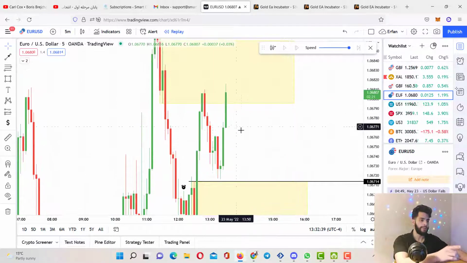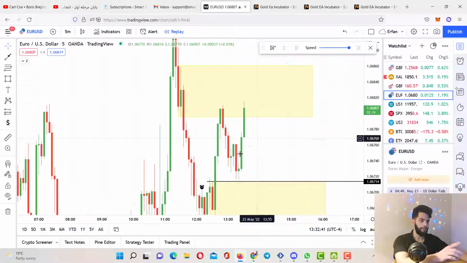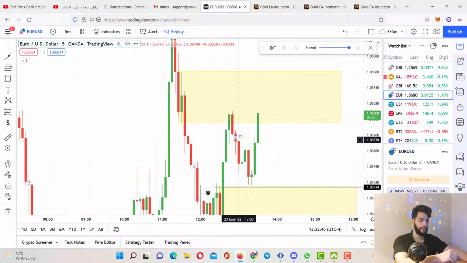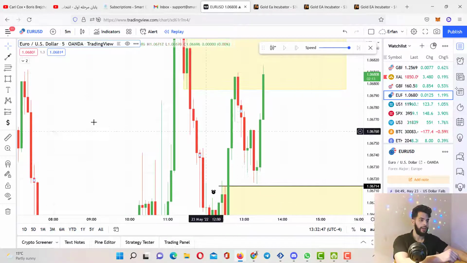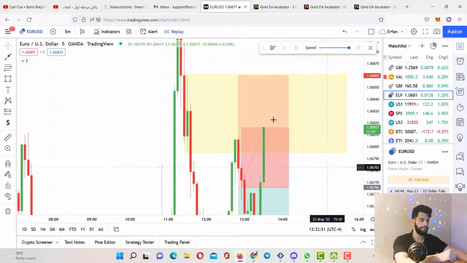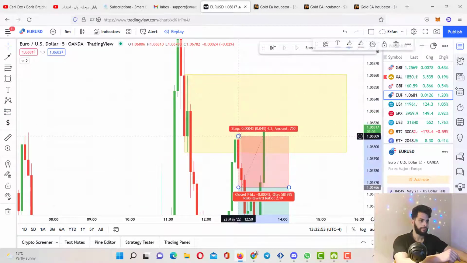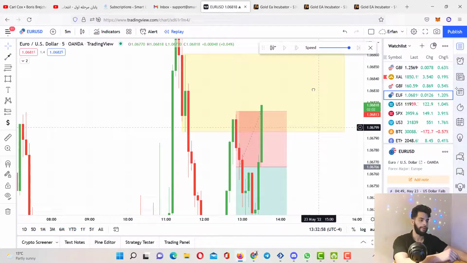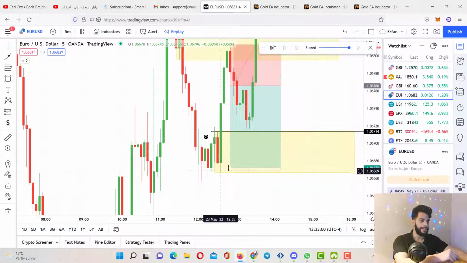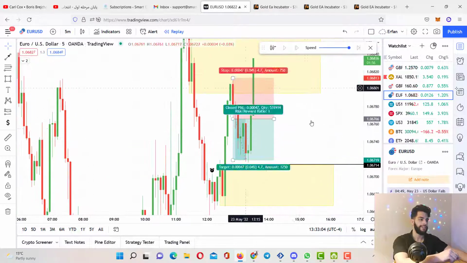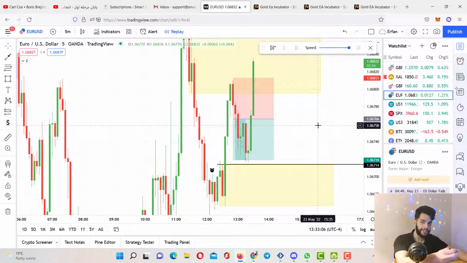So this was the first one, and the reason I took this trade was because of this high probability supply zone here, and then I got this candle. I had my stop loss, my seller stop, right below this candle, and I could have easily taken a good profit right here. As you can see, this is a 1-to-1 trade that I could take, but I